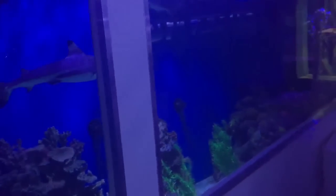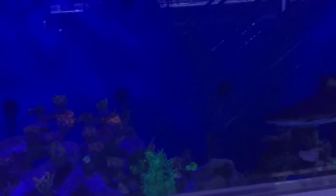Anyway, if you've got any more questions about my tank, do you think I'm just crazy? A lot of people ask me how much money did I spend. I probably spent about $60,000 on this setup. That's not including labour. So if you were going to go and buy a tank like this and you were going to get someone to build it for you, I'd probably throw about $100,000 at the problem, which sounds like a lot of money, but then if you compare it to something like water views,